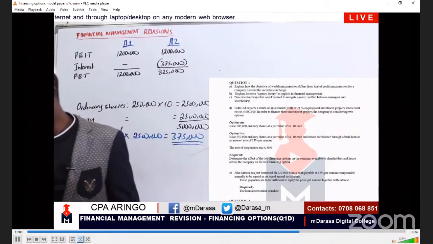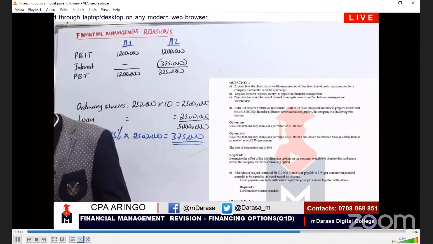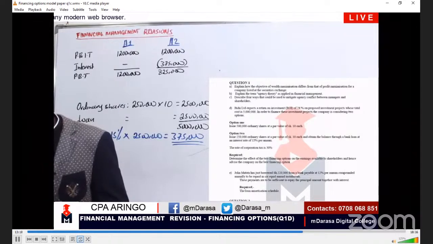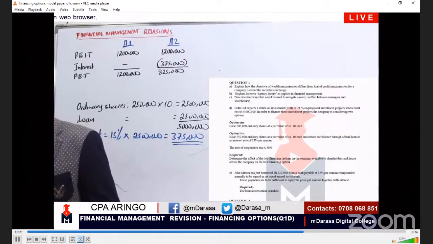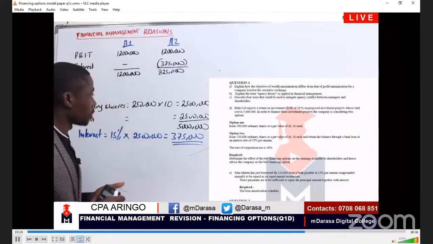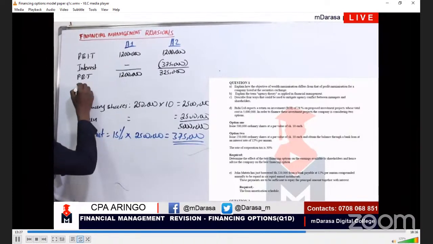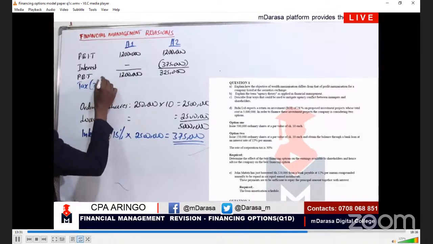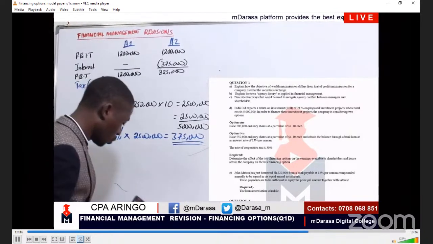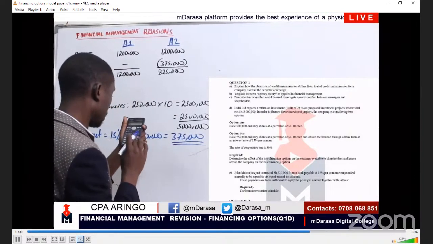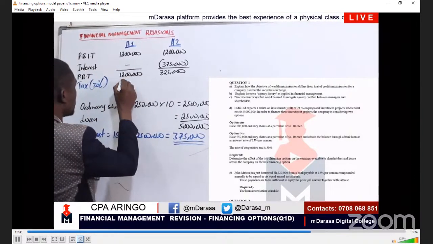Now, once we have that, we proceed and see what else we will be having. We need to compute our tax. In tax, you're given a total rate of 30%, right? So what will be our tax here? We need to compute our tax component. The tax rate, of course, I was given 30%. So therefore, on option one, I'll be having 1.2 times 0.3, which will give us 360,000.